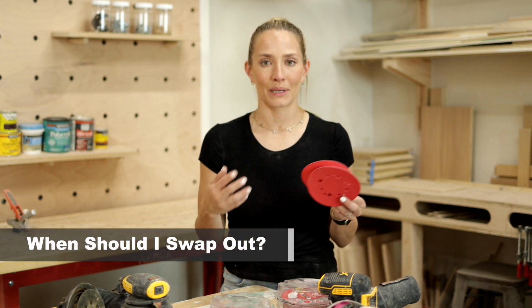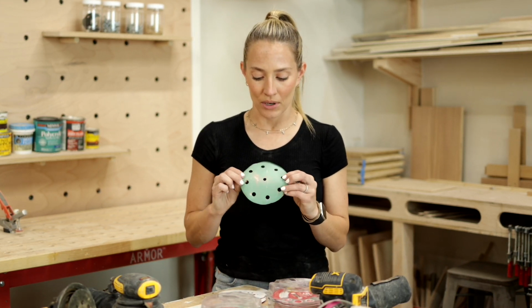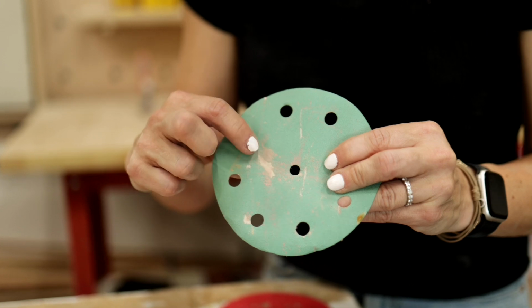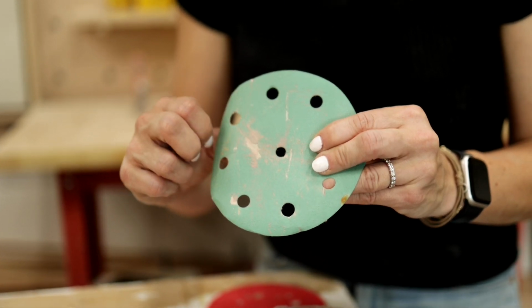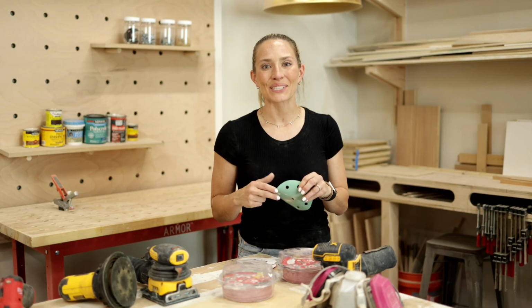Another thing I want to talk about is when to swap out your sandpaper, because sometimes you're going to town, you feel like you're really having to apply a lot of pressure and you're wondering, do I switch it out? Is it too soon to switch it out? I like to say that if your sandpaper has big places like this in it that shows you've dug it into the corner or it's losing the grit on some of the places,